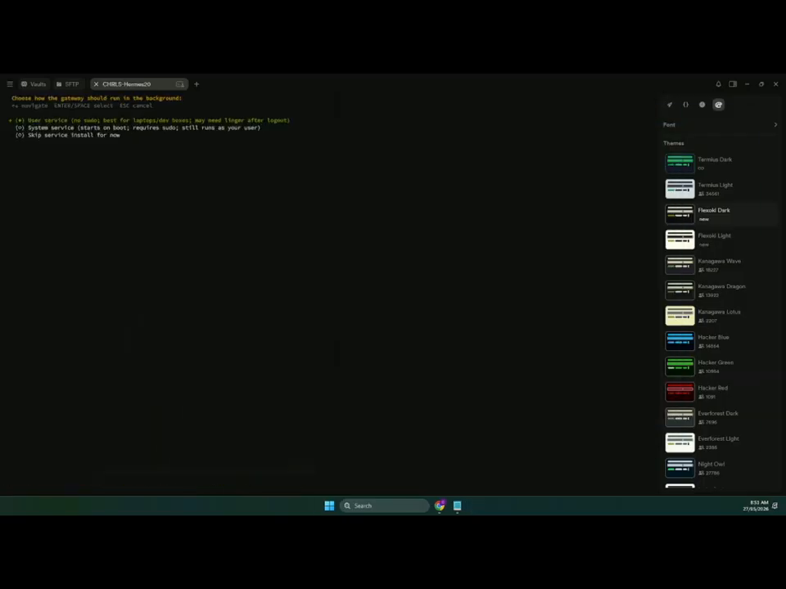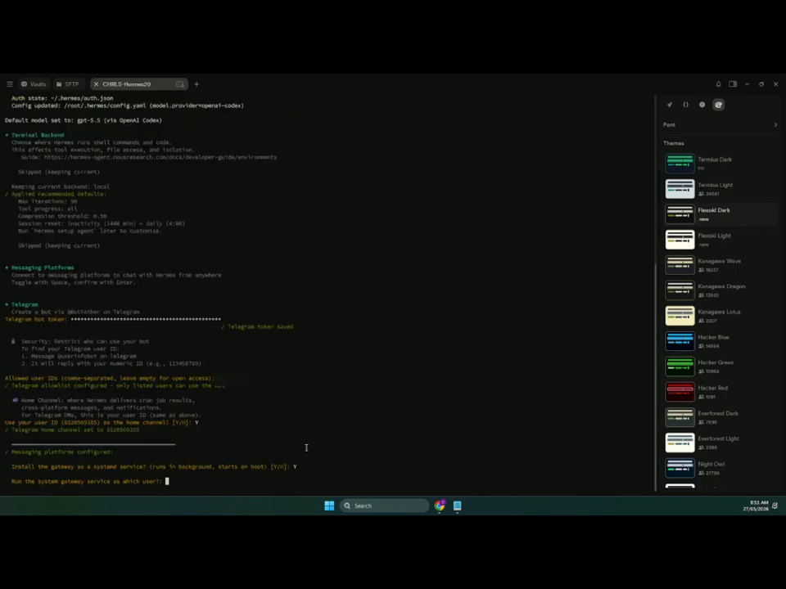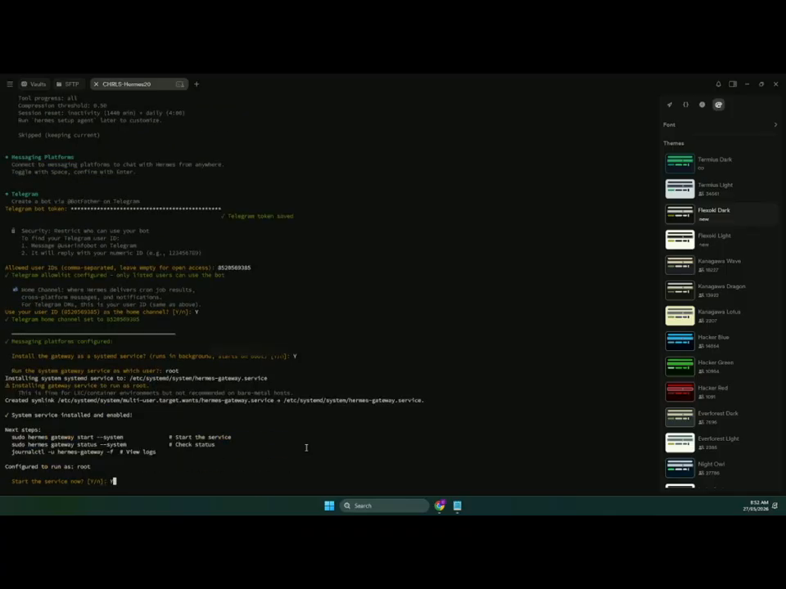Yes, and for the gateway, it should run in the background. I just chose user service because I'm running it on a laptop. Actually, I'm going to use system service, and I'm going to run it as root because this is just a demo Hermes Agent, but it's not recommended for security purposes. Yes,